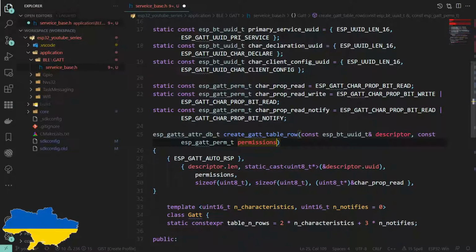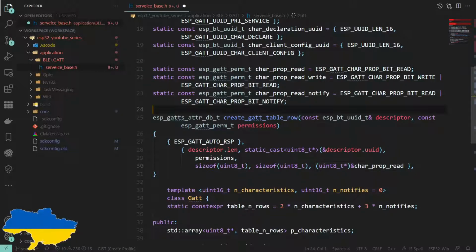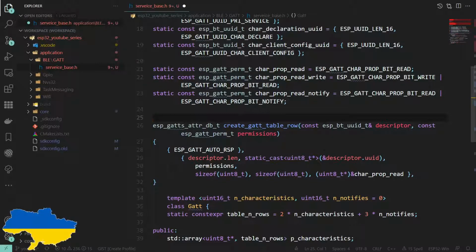So what we need to pass in here is some data, and that's what our characteristic is going to hold. And actually this is probably going to have to become a template because of that reason. Because this might hold different data.